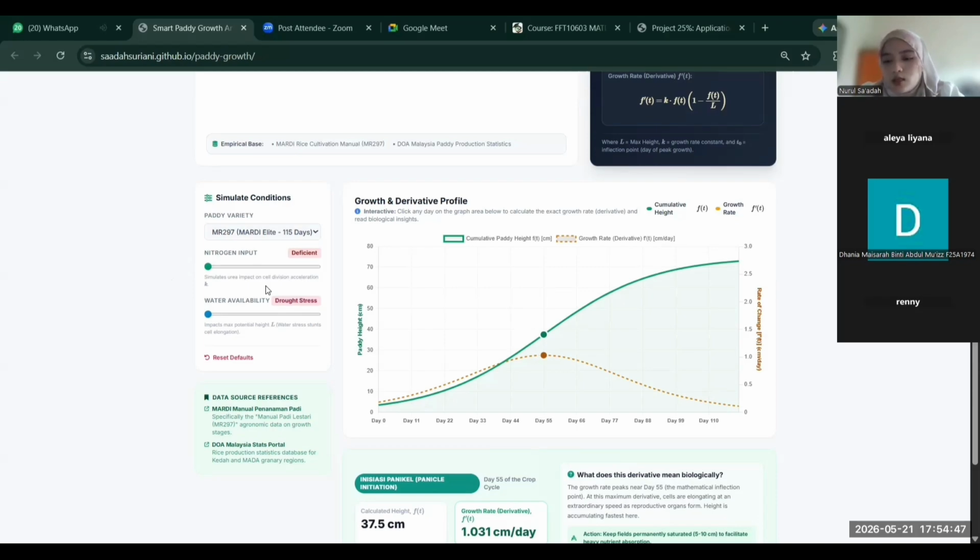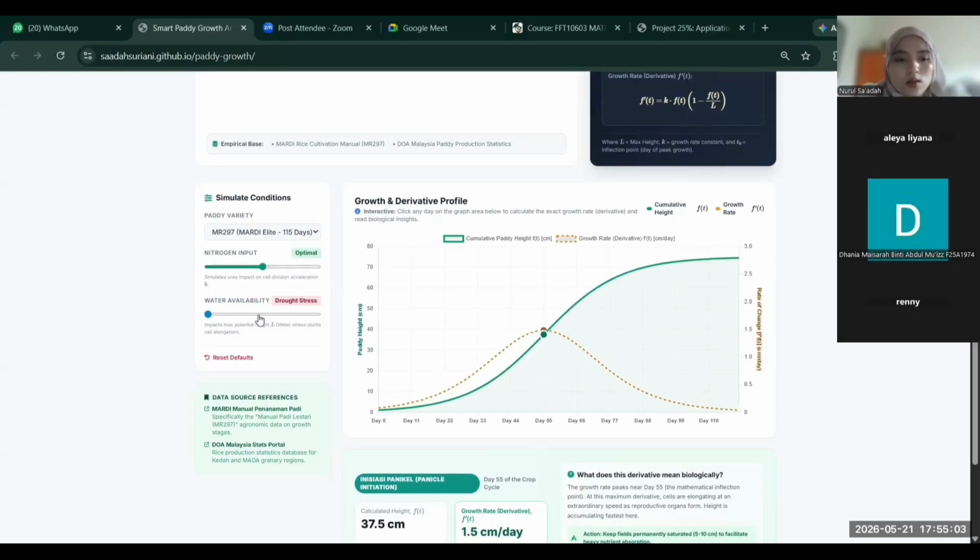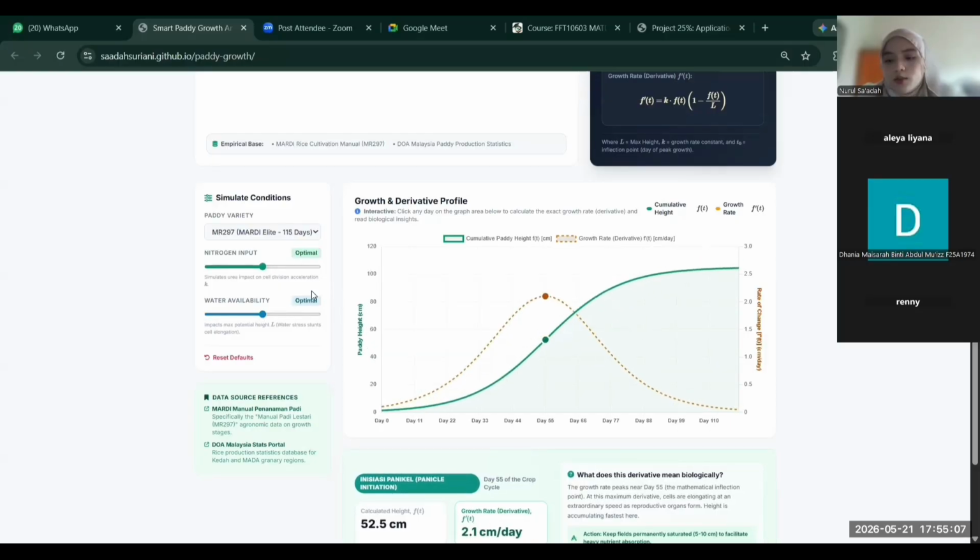The danger: water stress eliminates turgor pressure within plant cells, which physically halts cell elongation. The paddy plant remains permanently stunted, with a catastrophic reduction in panicle formation. And secondly, under optimal conditions, at the 55